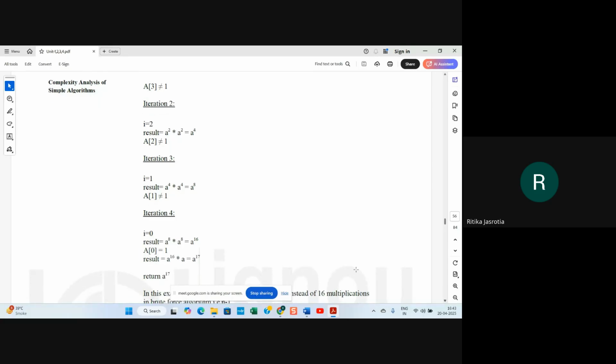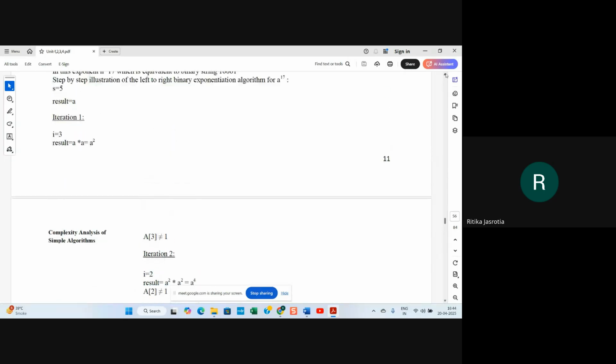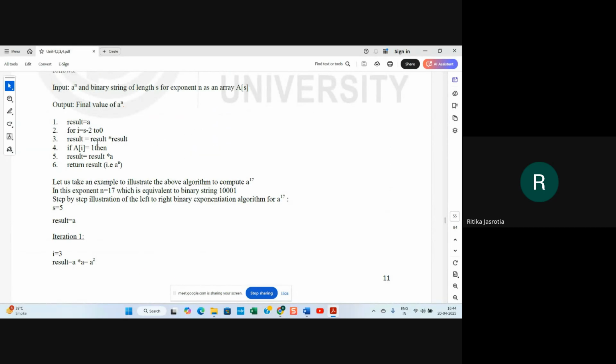Your exponents are added if the base is same. Now again next iteration will be I is equal to 0. The decrement is done. Because you have to go from S minus 2 to 0, so 0 will also be included. So now again result into result, as result is A8, it will be A8 into A8, which will be A16. And now your loop is ended, because now minus 1 will be there. So you have to go from S minus 2 to 0. So you have covered 0 also.